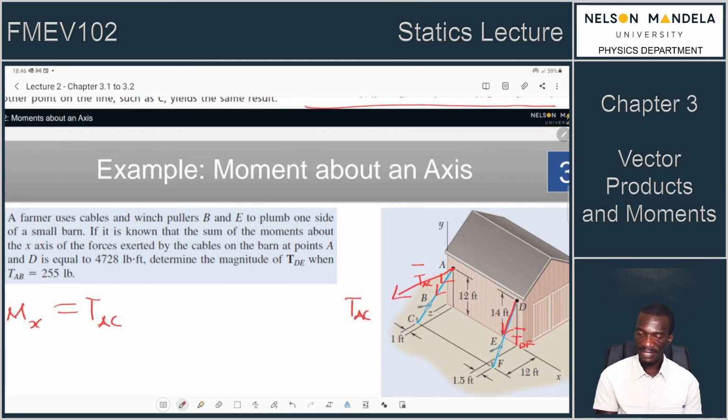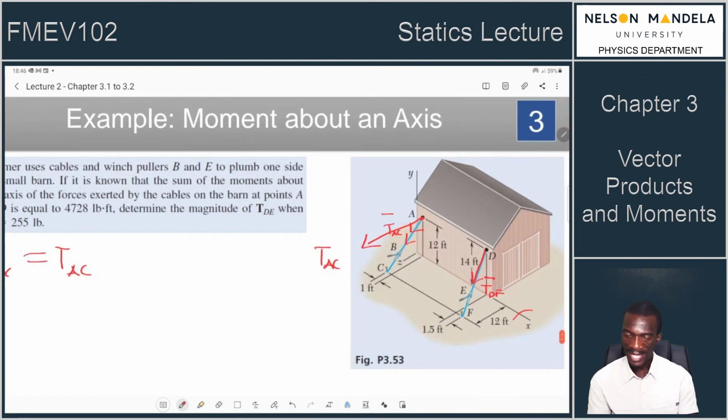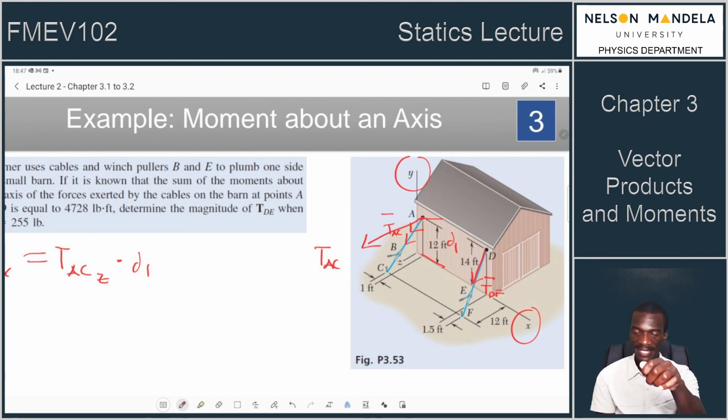TAC in this, this is our X, our Y, so this is our Z direction. So TAC in the Z is going to multiply the vertical distance, this distance. So that would be, let's just call it D1. It's 12 feet. That's the moment about the x-axis. It's simply the force times the distance. Plus